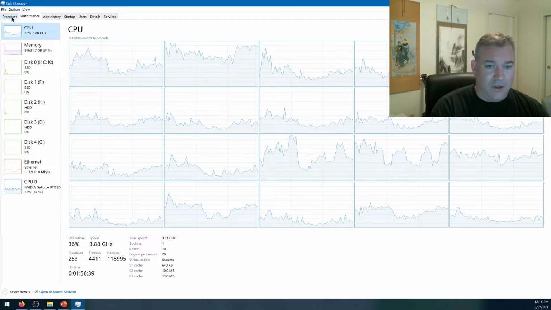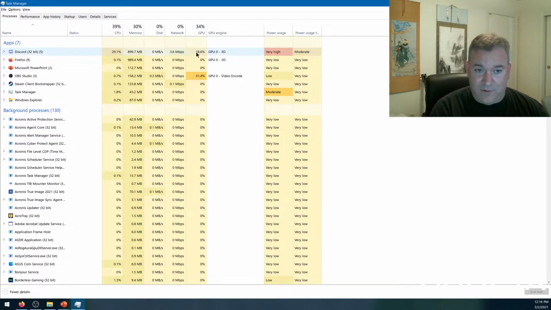It could be using the GPU as well. Let's see. Yeah, it's also using the GPU. So probably it's doing the video encoding using the GPU. So the CPU's working, the GPU's working. It's probably writing. Yeah, there we go. It's writing to the network, 4 megabits a second. Disk, it's not writing to disk, which is weird because